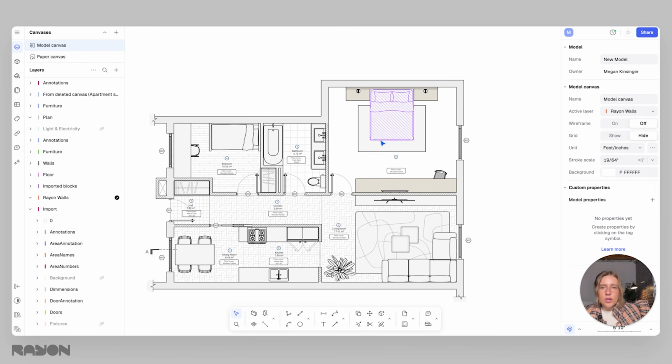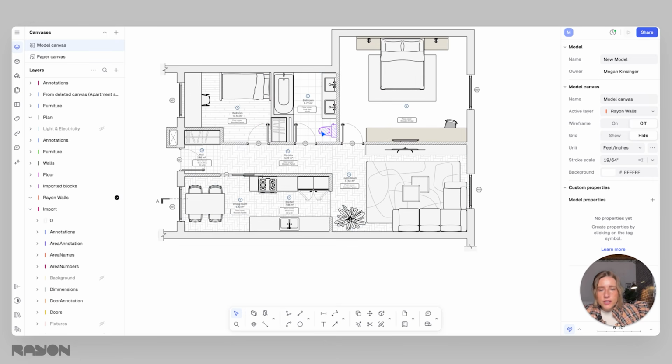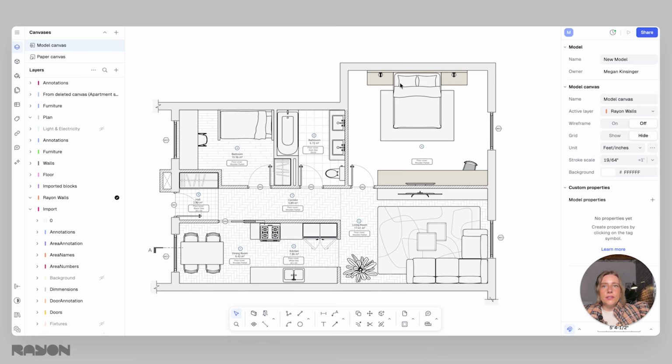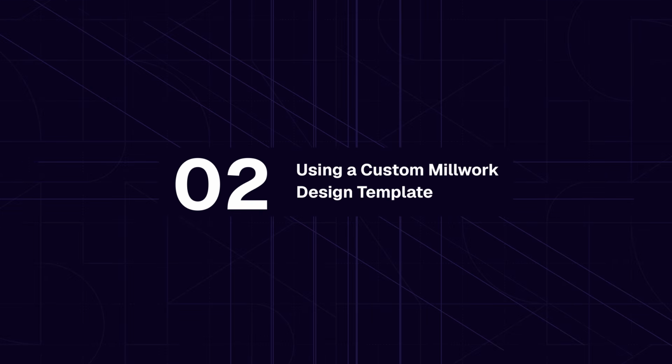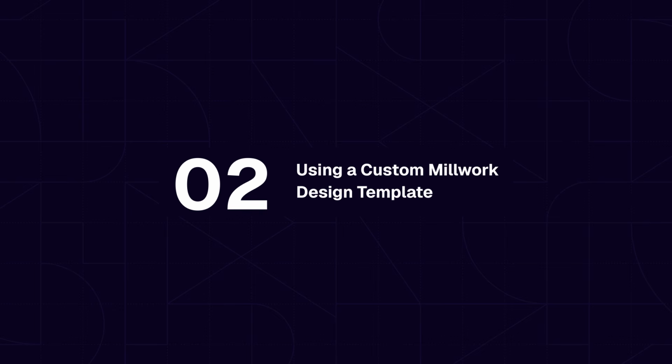So in this example, I'll be showing a design build project where the apartment has already been constructed. So we already have this design, and I was brought in to upgrade the default millwork for a tenant change. So our focus is going to be the master bedroom closet. This is what our space looks like right now, and I'll show you how we can shift some things around and then easily use a template that we've already made to add in a bespoke millwork